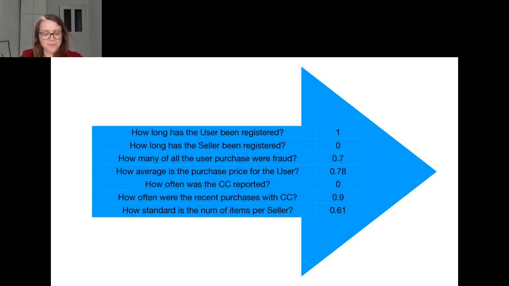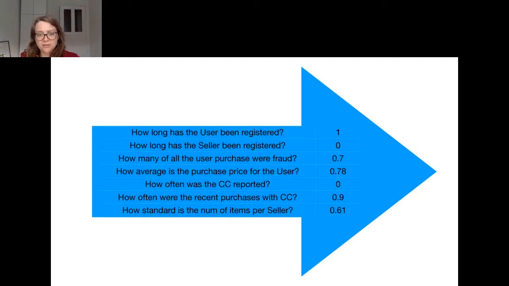An input feature vector is a mathematical representation of all kinds of values. So say, how the user registered. Our data science team says the threshold is over X, then they're more verified than not, so they get the value of 1. How long has the seller been registered? It looks like a new seller, so we're going to give it the value of 0.